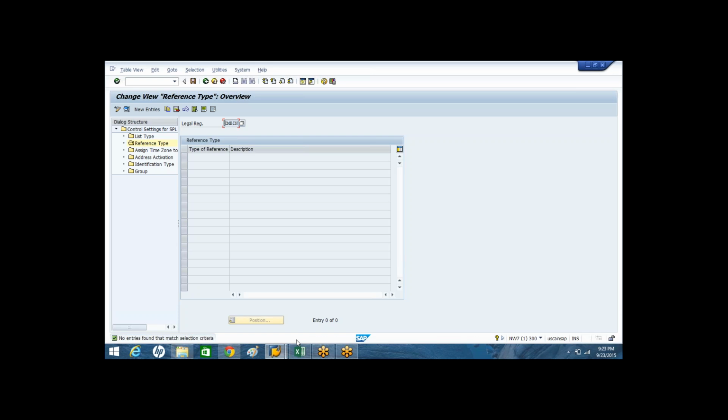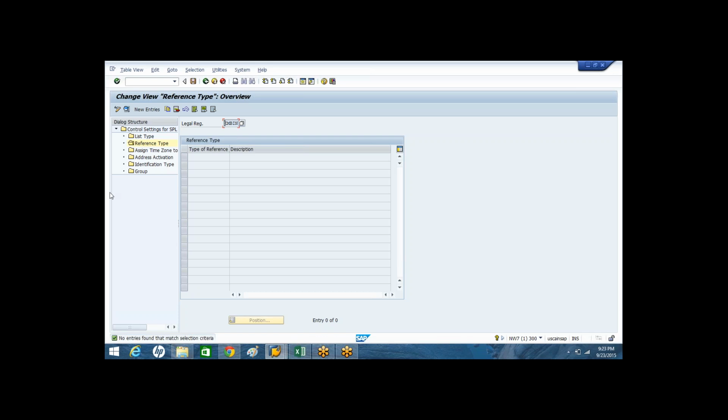Venkat is basically an SAP GTS business analyst, but he is doing business as SAP GTS trainer. So you can define different reference types, also known as, or doing business as, DBA or AKA.